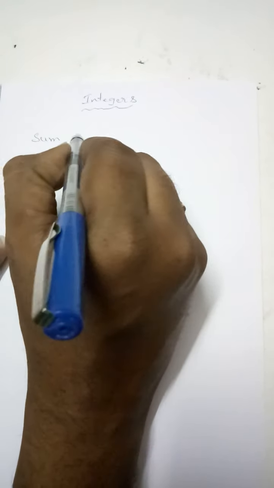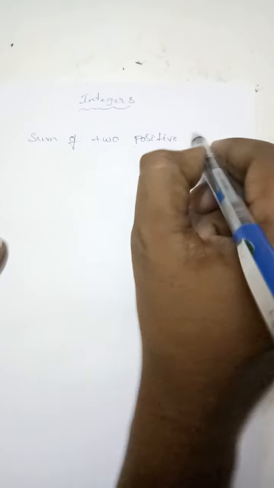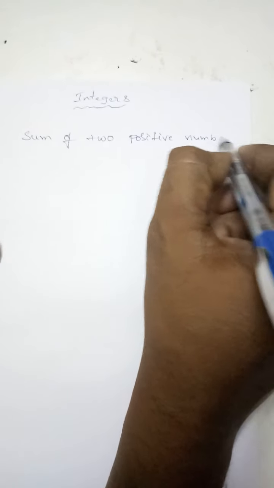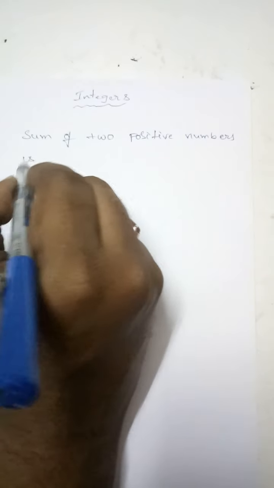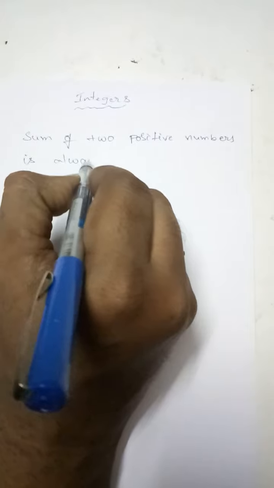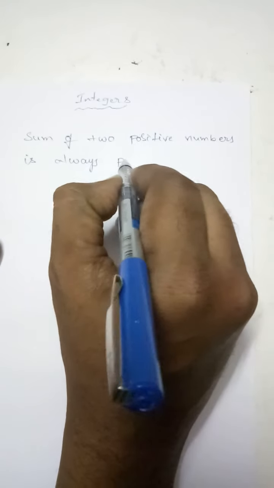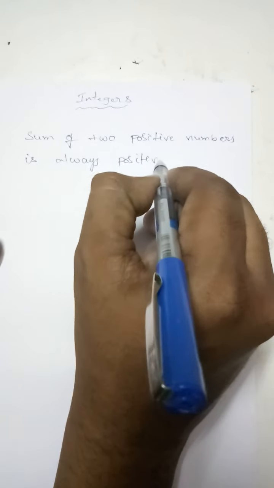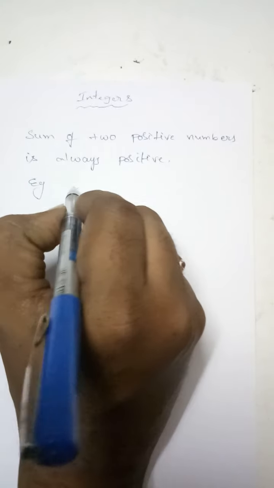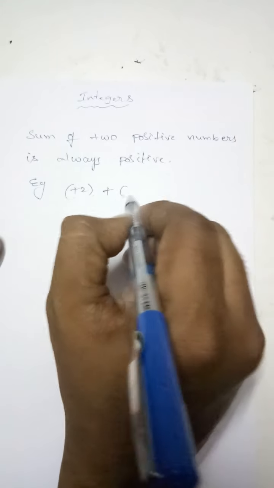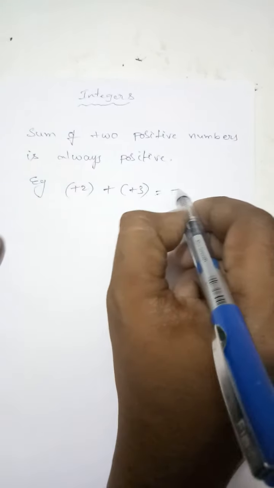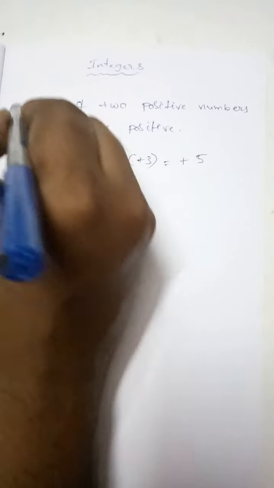Sum of two positive numbers is always positive. Example, plus 2 plus 3 is equal to plus 5. Like that,